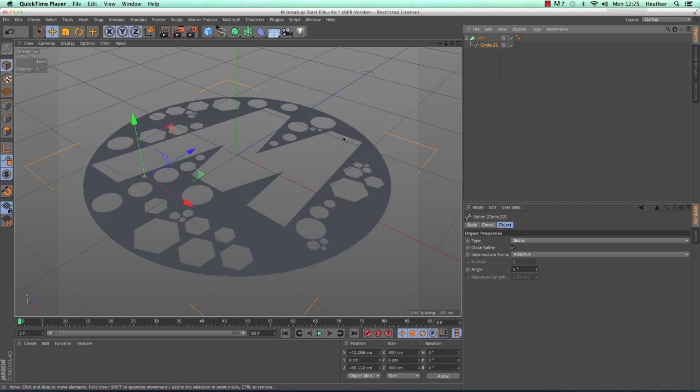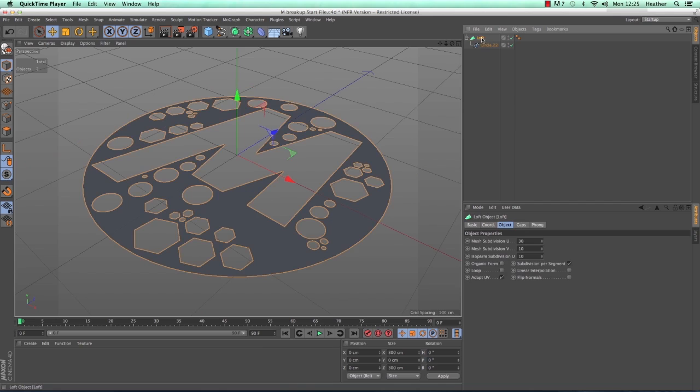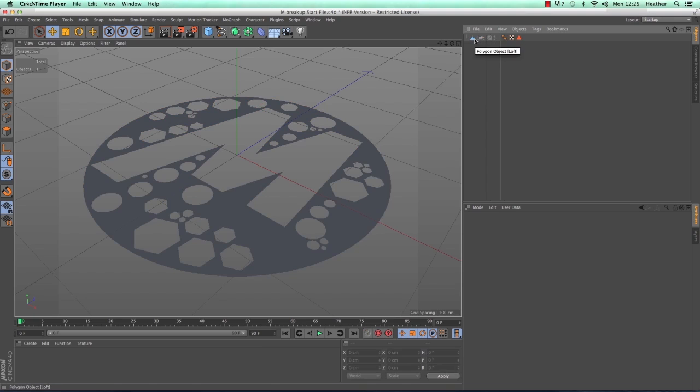So to actually be able to edit this mesh, I need to make this loft editable. So just select it and again, make editable down the left hand side. This will give you a parent null object, and in there you've got the mesh. So I'm just going to drag that out and delete the parent object just because I don't need it.